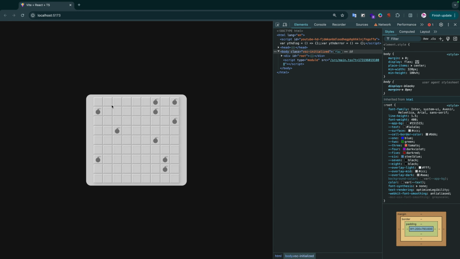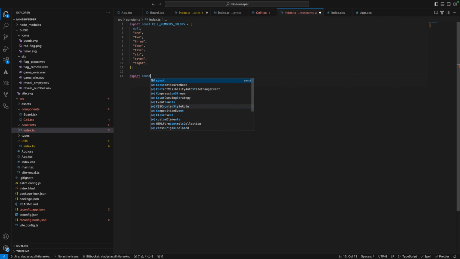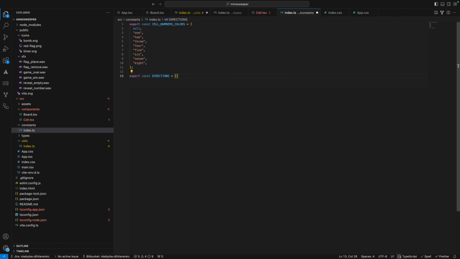And for this, we will take the current row and current cell indexes and add to them the values from the directions array that we will define. So let's go to the constants file and define and export the directions array,